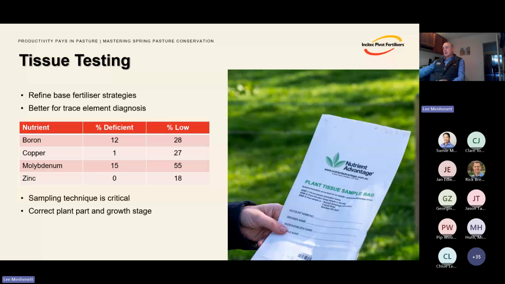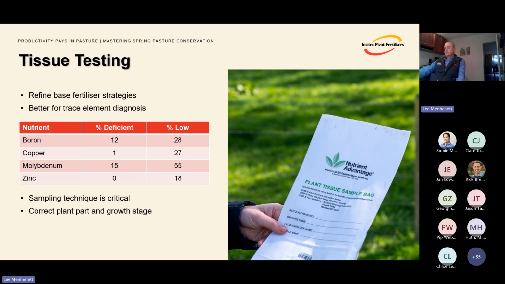And from lab data, we can see that there's a large percentage of deficient and low micronutrients coming through the lab from pasture samples. So the issues are out there, and in a lot of cases they're hidden, and we don't realise that they're actually costing us production. So again, refining strategies with our fertiliser based on leaf tissue samples, but really nailing down some of these issues with trace elements through grabbing those tissue samples, and then using that information to rectify that with our spring